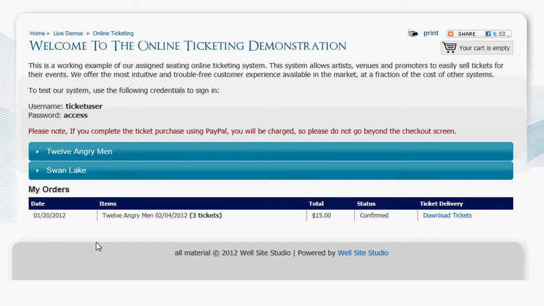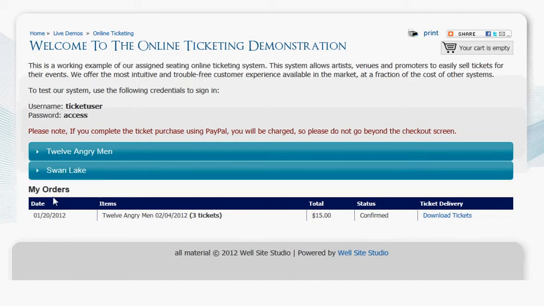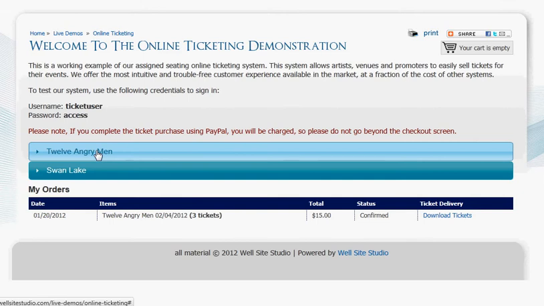system. So the first thing you'll see here, you'll see the cart, which is empty, on the right side here. I've already logged in using the demo account, which is Ticket User and Access. I've set up two events which are listed here, 12 Angry Men and Swan Lake, and right down here we have previous orders. So what I'm going to do, I'm going to click on the event that I want to see,